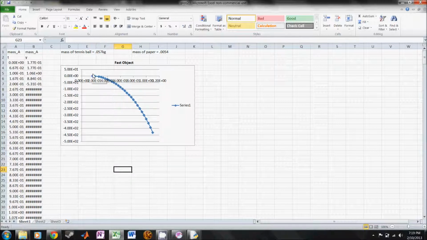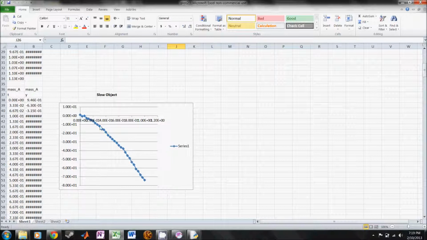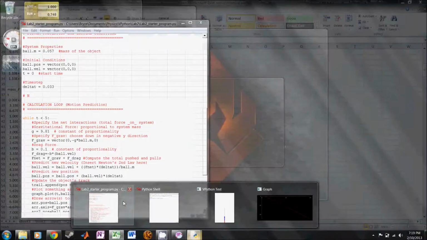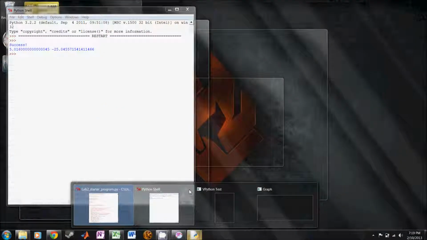As you can see, it starts to go more towards a 1-to-1 ratio in the line, which shows a slow approach towards terminal velocity, while the paper, illustrated by this graph, gets there rather quickly and straightens out a lot faster. If we go to our Python program, where I have